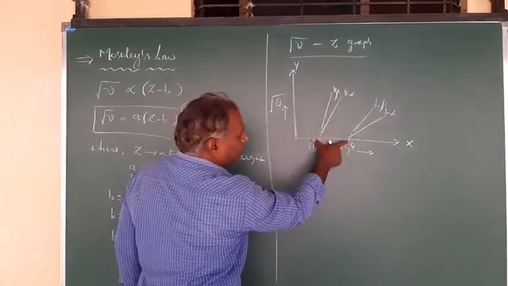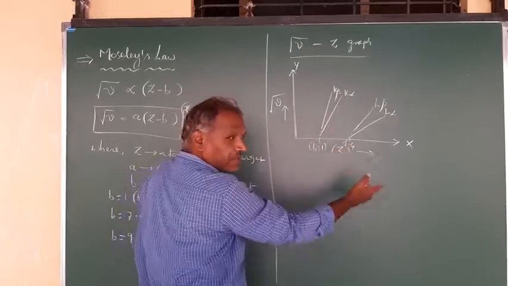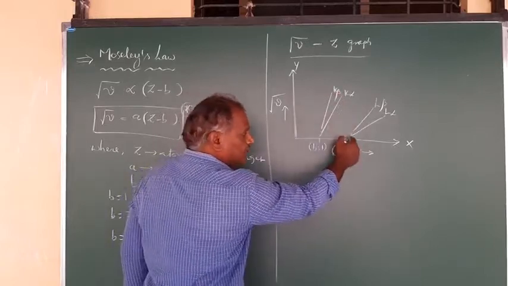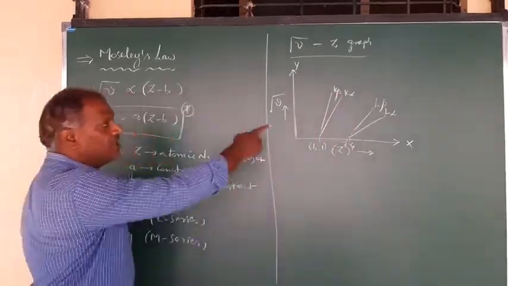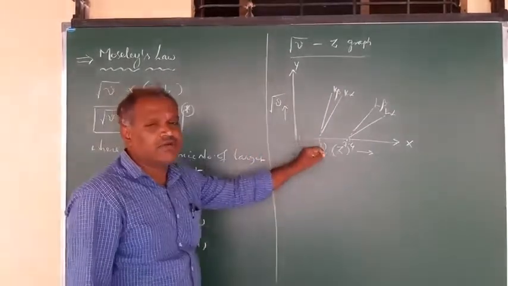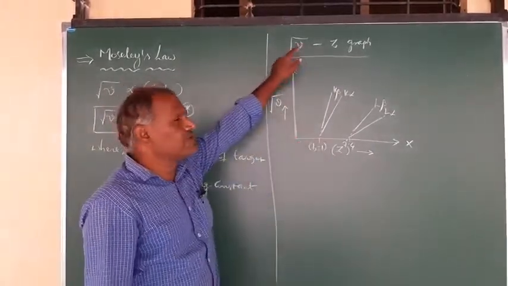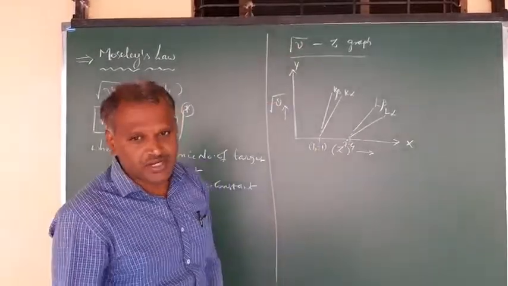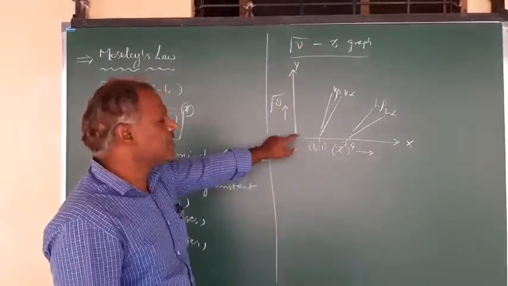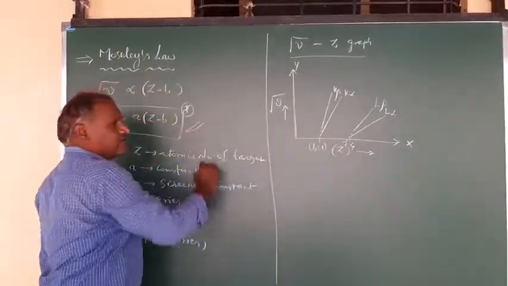Up to here you can observe Z minus 7.4, that is B, for the L series, there you get the straight line. So like this you can expect to get a straight line when you draw the graph between square root of frequency versus atomic number of the target material. So this graph can be drawn by using this equation.